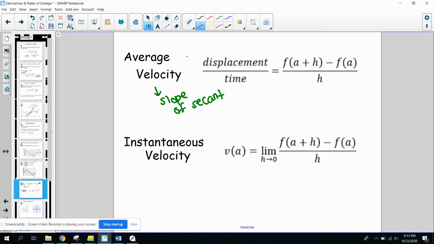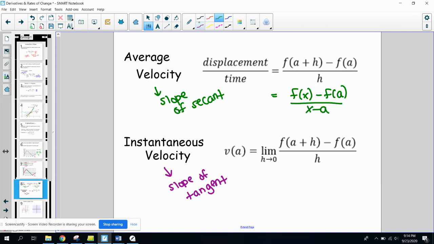The instantaneous velocity, remember that that is the slope of the tangent line, and that is the limit of the secant line, which is the limit of the change in y over change in x. And sometimes you might see, I'm just going to write this here, this is the same thing as saying f of x minus f of a over x minus a. And this one is the same thing as saying the limit as h approaches 0 of f of x, let me erase that, minus f of a